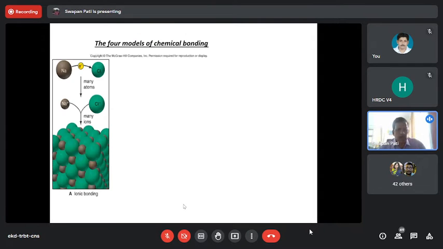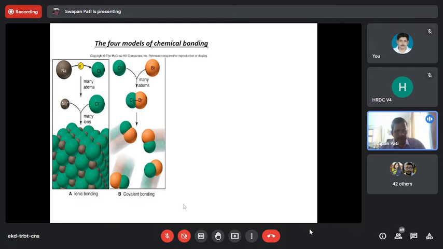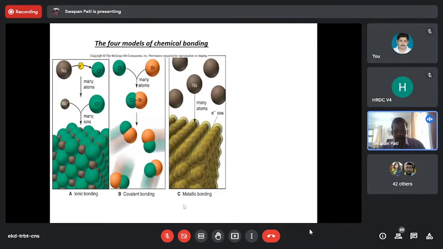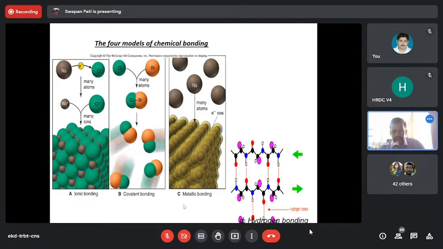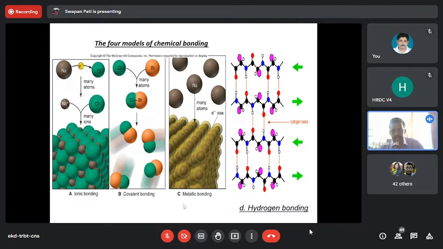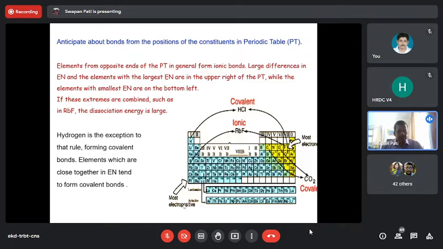Okay, so I'm showing you pictorially this chemical bonding. Ionic bonding, for example, sodium chloride, sodium plus and chloride minus. Covalent bonding, you have this ClBr or any other covalent system. And metallic bonding, where all the free electrons are there on the surface. And hydrogen bonding, this is an example of hydrogen bonding. There are many, from urea to many biological systems, everything is controlled by hydrogen bonding. All right, so